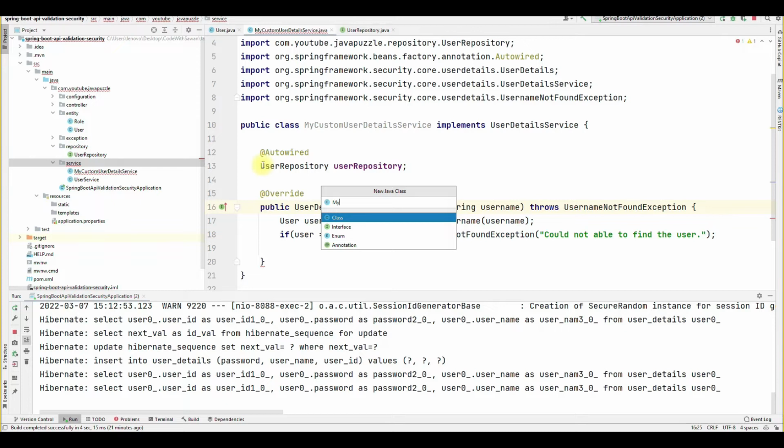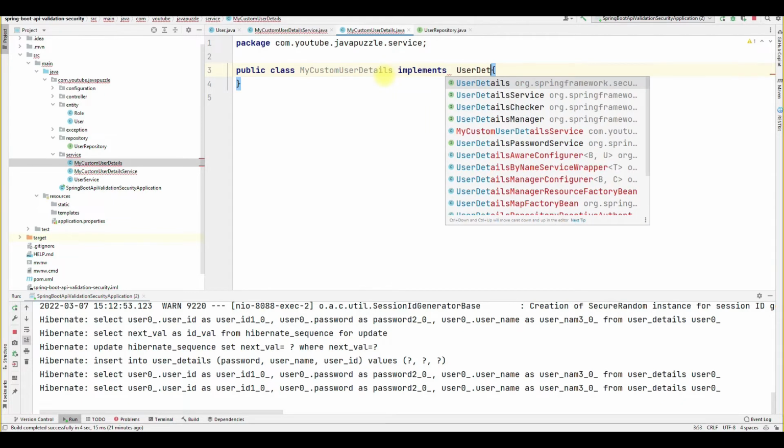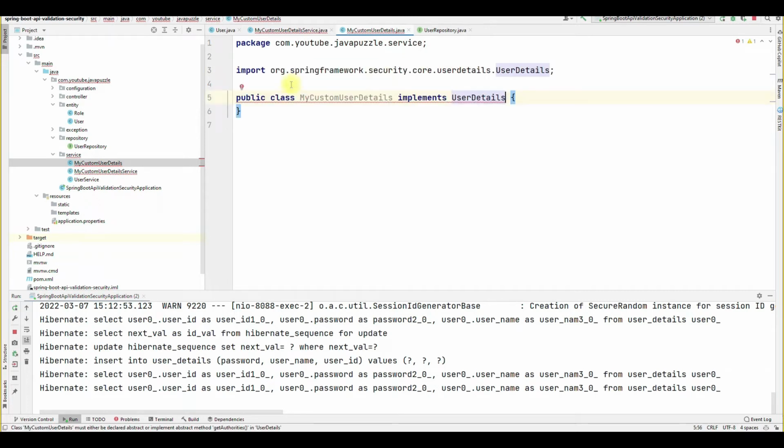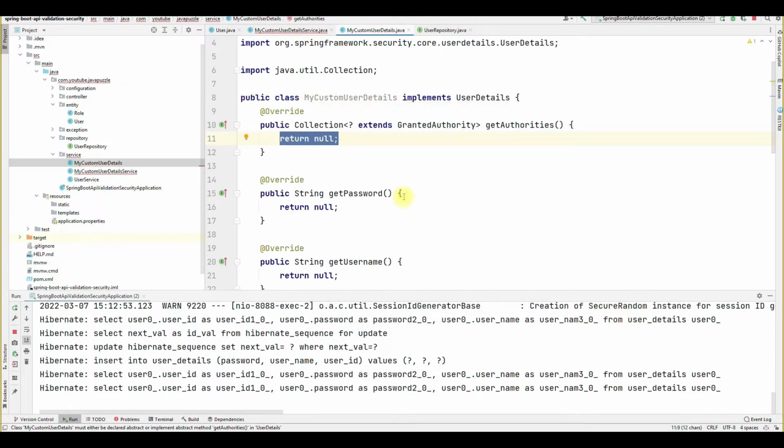My custom user details. Here we have to implement UserDetails from Spring Security. When we implement this, you will see there are multiple methods, getAuthorities, getPassword and others.